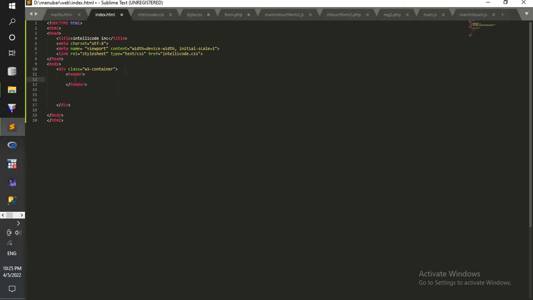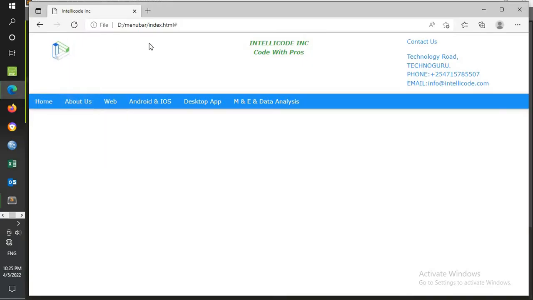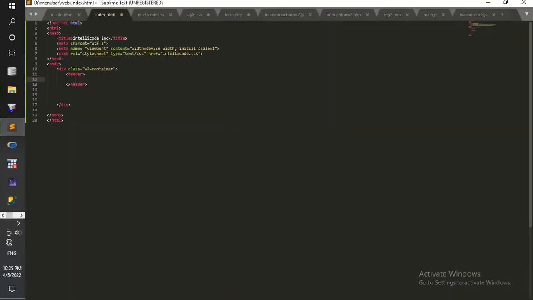Within that header, I want to come up with three divisions, simply to cover this and to take care of this, because as you can see we have three divisions. This is the first one, the second, third. The first division I want to create for the first quarter. So what I simply do, I create a division, div, within here, and now within that division I want to create a class here, class,